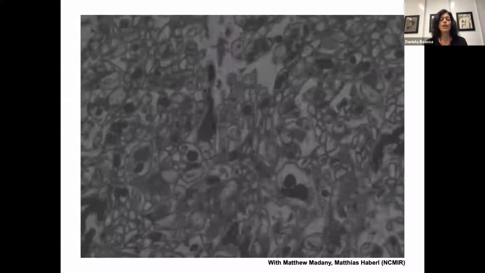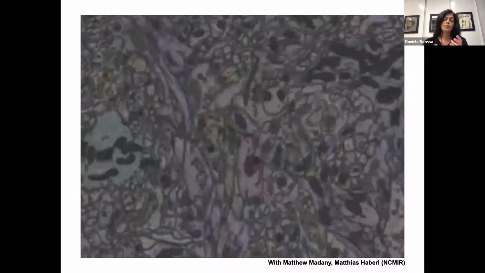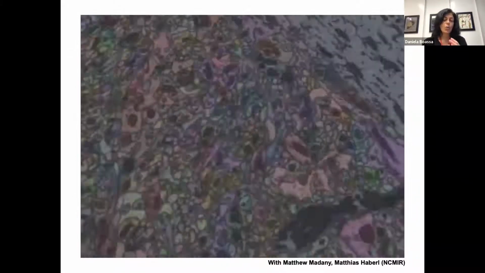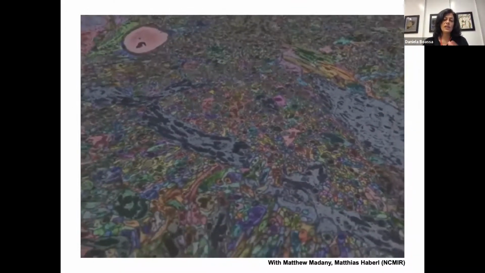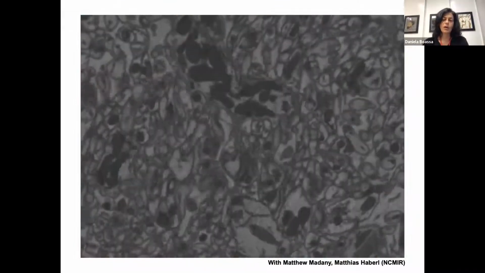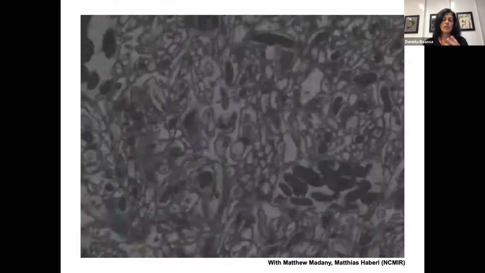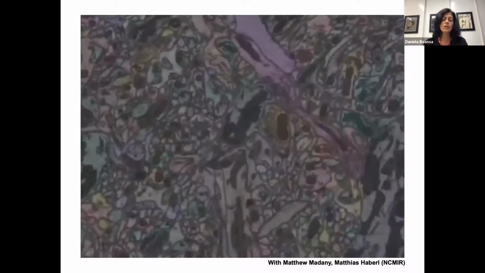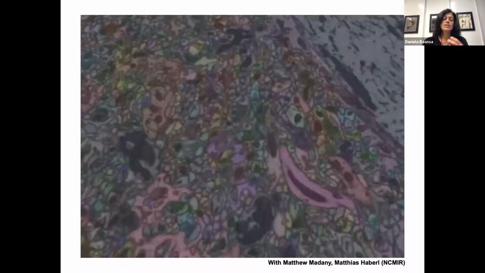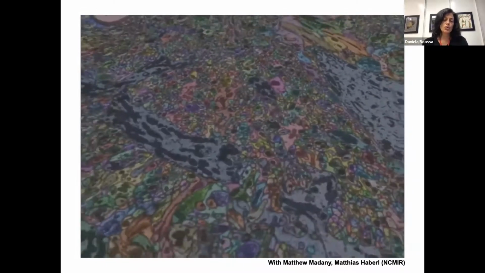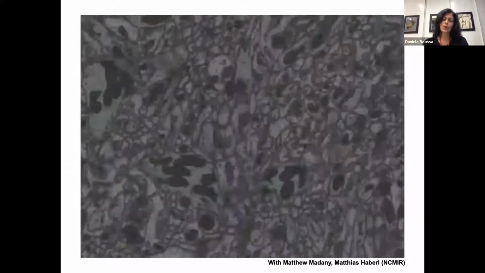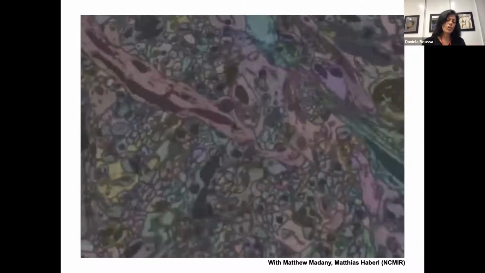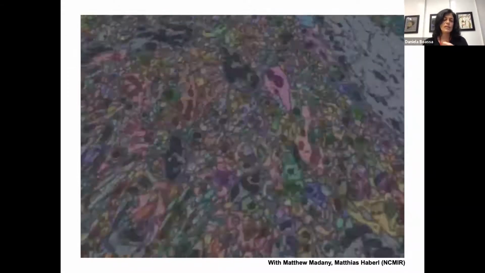Now, the wealth of information that we obtain with SBEM from relatively large fields of view is quite remarkable. For example, if you take a sample of the mouse brain, like you're seeing here, this data contains information from all different cell types. This includes neuron organization and functional circuits, the contribution of different glial cells, as well as the vasculature. And because the resolution that we obtain is in the nanoscale, one can actually interrogate the samples about various intracellular organelles, but also specific proteins of interest or other non-proteinaceous biomolecules that are critical in many cellular